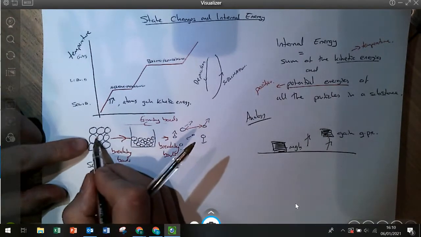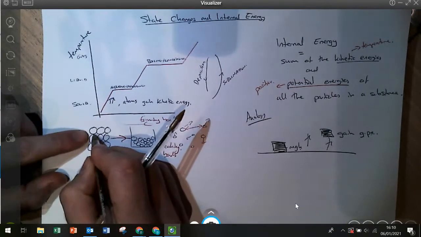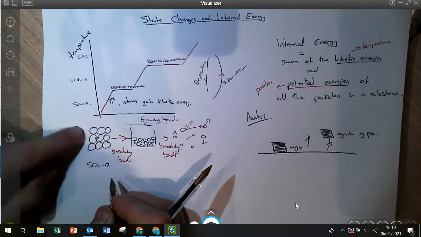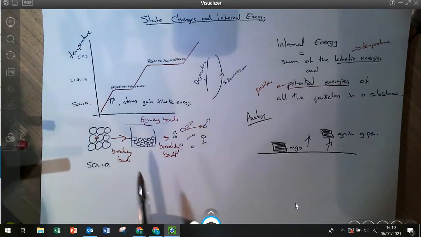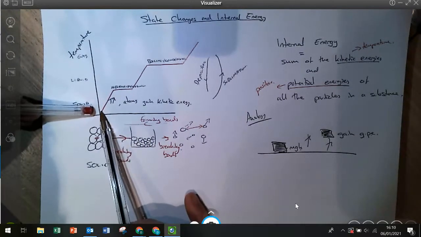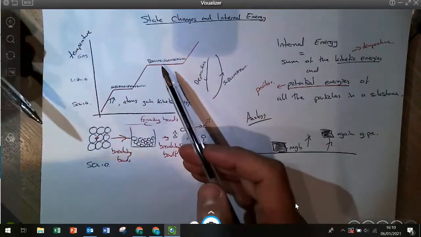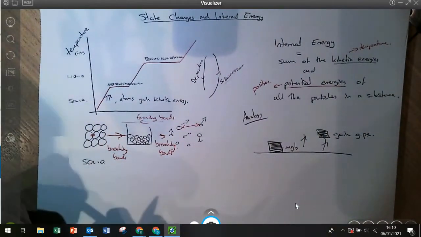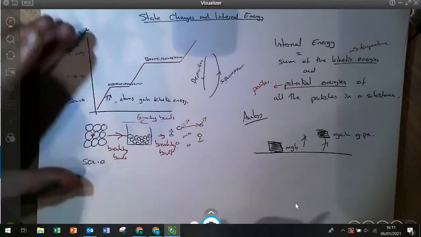But because they're vibrating all the time, they're not stationary, there are going to be tiny little gaps between them that will cause some potential energy. You should do lots of questions on this, lots of questions saying, what's going to change in terms of internal energy when you heat something up or when you do a state change, or you could even bring this idea in here. A really nice question to ask is if you have